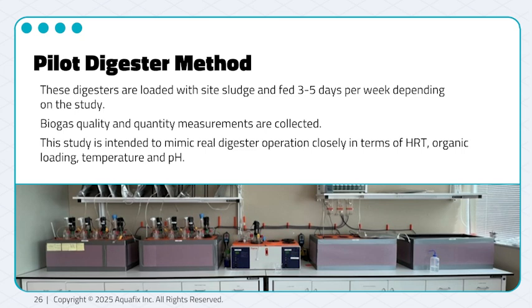So that's all going on right now, but basically the idea of this study is they're loaded with site sludge and then fed 3 to 5 days per week, depending on the requirements of the study, with feed substrate. So they're fed at a rate that's proportionate to a real anaerobic digester, which helps us get a lot closer to replicating appropriate loading, and we're tracking all the data over time to see what things meaningfully will make a difference for a digester site versus what is conceptually going to help but might not matter depending on how site